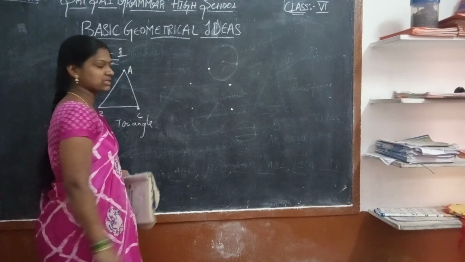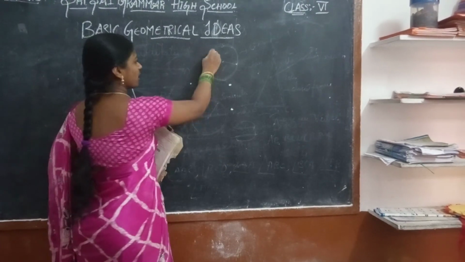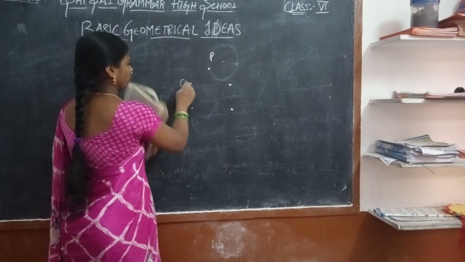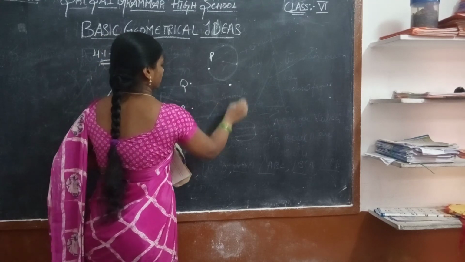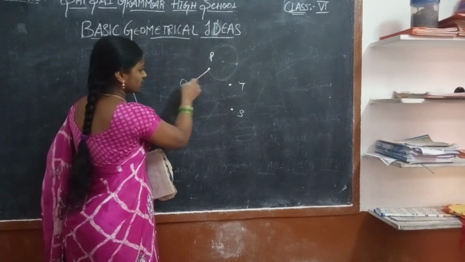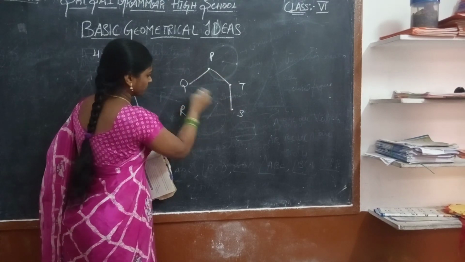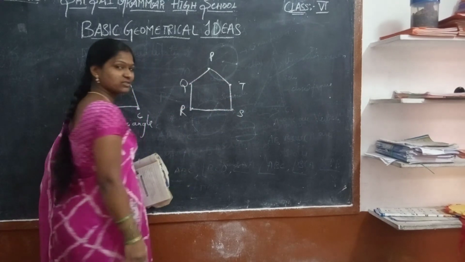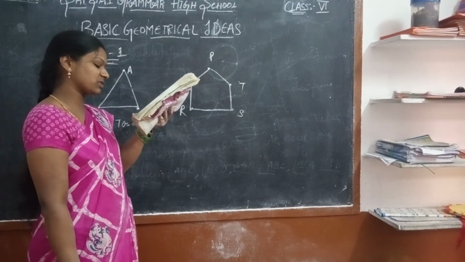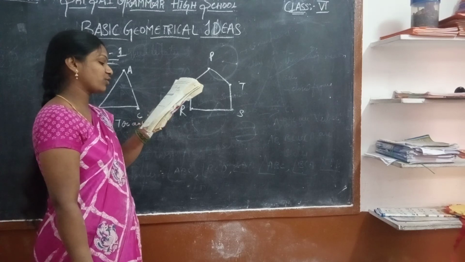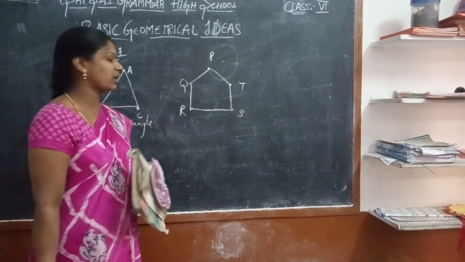Now, like this it is given, and they are represented with the points P, Q, R, S, T. Now see, you join these points like this. Yes, you join these points. What is the figure formed? The line segments are formed. Name the line segments, they said.